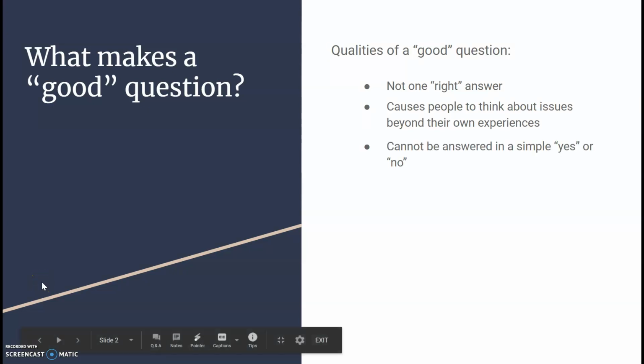Next, this kind of goes with the first bullet. There's no right answer, but also there's not a simple yes or no, okay? Your research question is a level 3 question. So when we practice writing our leveled questions earlier in the school year, a level 1 question would be a quick, easy yes or no answer, whereas a level 3 requires a lot more justification and explanation to support your answer. And that's where the research comes into play.